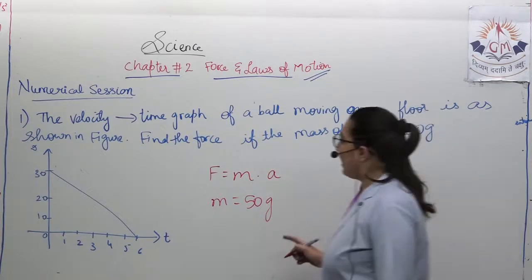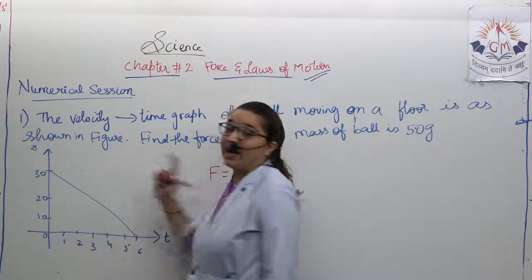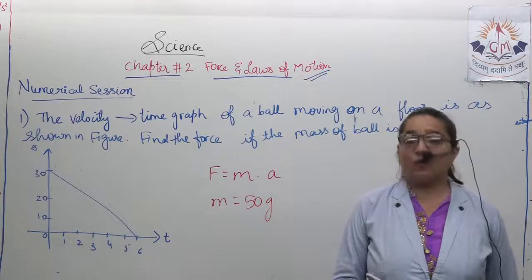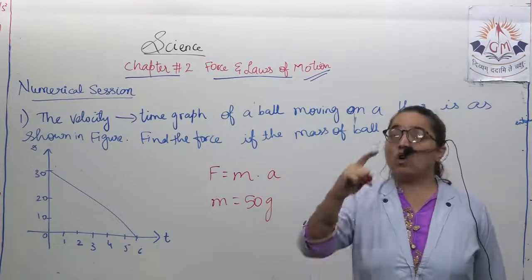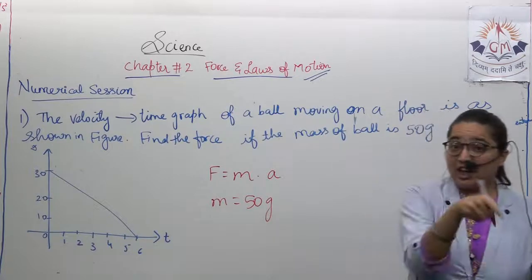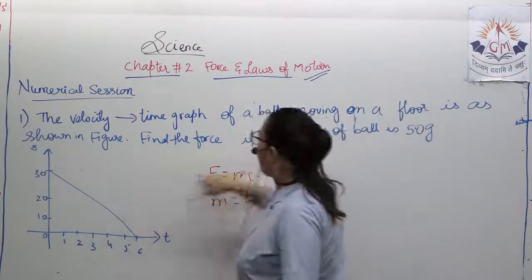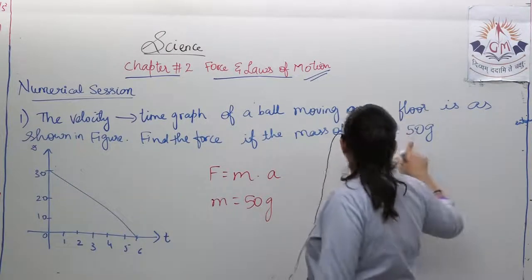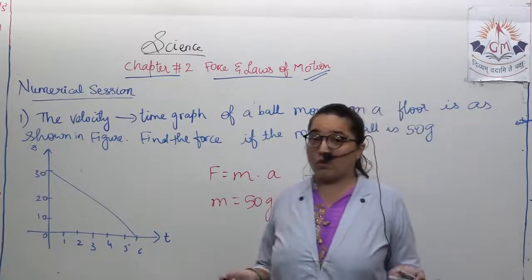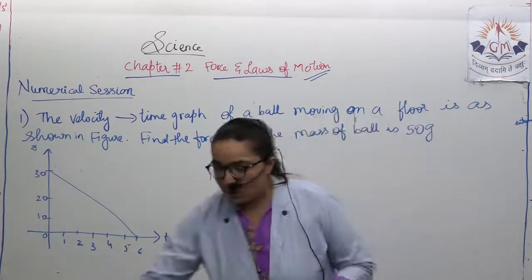Okay? Then what is given to us is this velocity versus time graph. Try to recall, what was the concept that I did right now? The slope of velocity versus time graph. What does it give? Acceleration. Check it out. So from this graph, we have to obtain the acceleration. Mass is given to us. Once we multiply, the job is over. Okay? So now I'm going to do what I said.